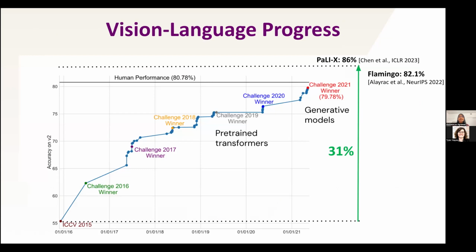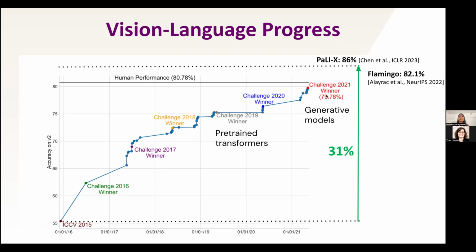And like I said, all of this excitement that we are seeing recently is not coming out of nowhere, right? So there has been a long history of vision and language research, and a lot of progress we have made in the community. So this is a plot of the performance of models over the years on the VQA V2 dataset. So this is one of the most popular VQA datasets used for benchmarking models. And I used to organize this challenge every year with my colleagues at CVPR. So we started doing it in 2016, and then